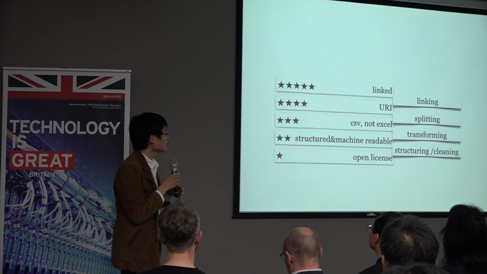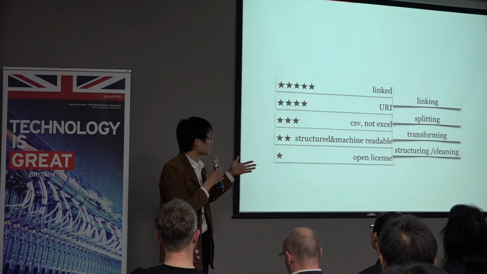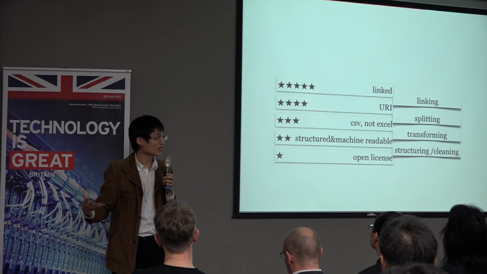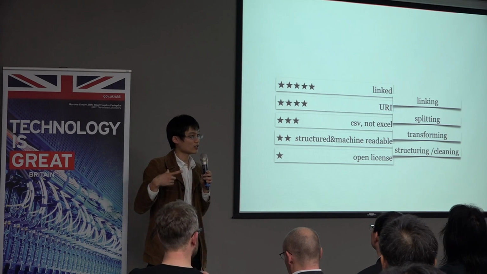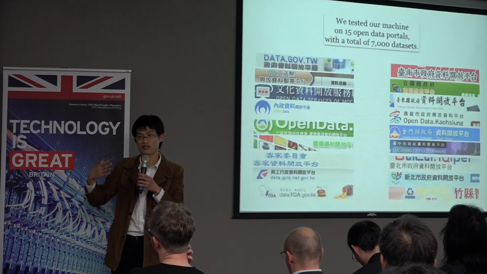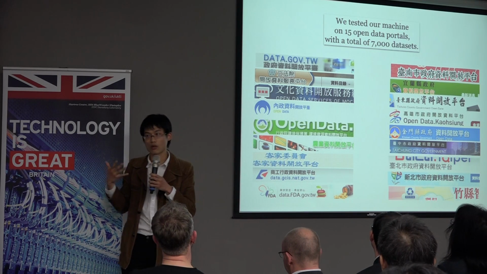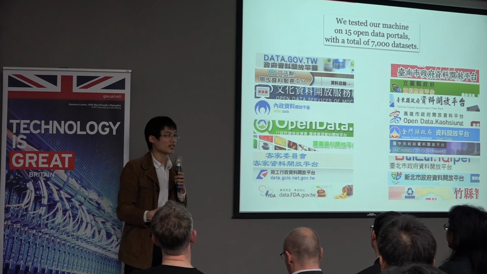So now you can see that you transform the data from CSV or Excel, you then split it and give it a unique identifier, and then you link it together, and so you have a system that transforms from 3-star to 5-star. We wanted to test this system, and so we scraped all the data we have in Taiwan,